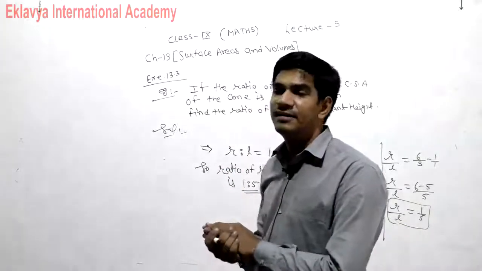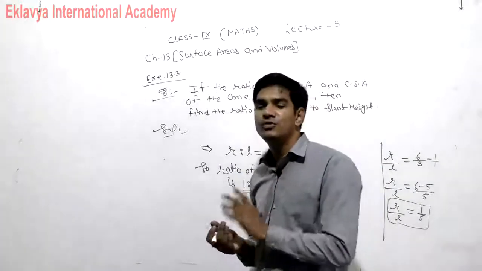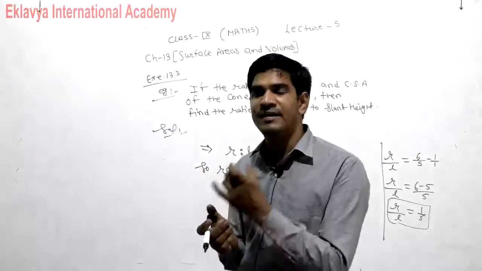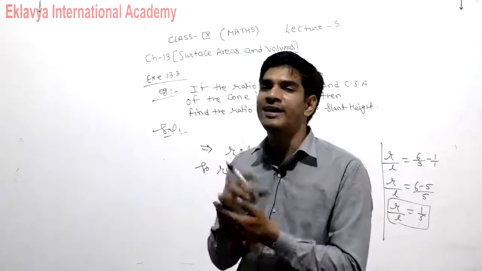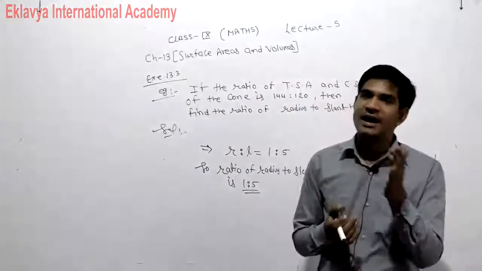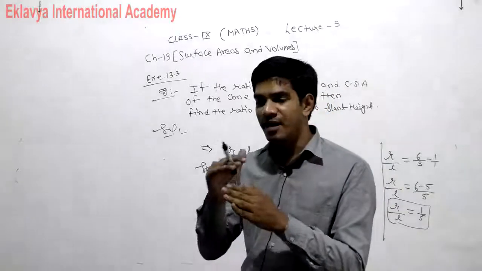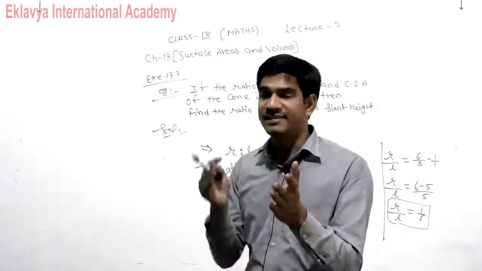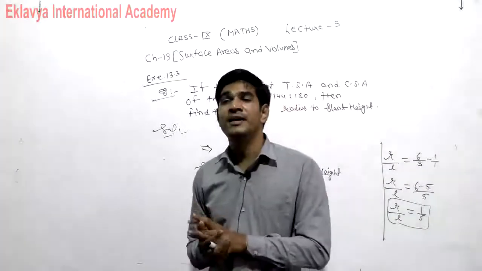So again I repeat: in the questions, a right angle triangle is given to you. First, when we are revolving along its base, the base becomes the height of the cone, the perpendicular becomes the radius of the cone, and the hypotenuse becomes the slant height of the cone. Meaning, the side along which you revolve becomes the height, the remaining side except the hypotenuse becomes the radius, and the hypotenuse always becomes the slant height.